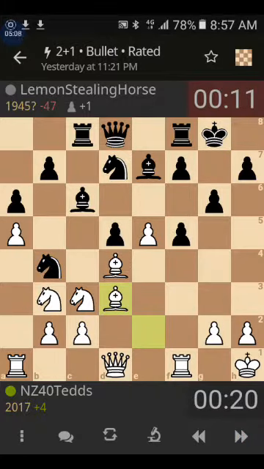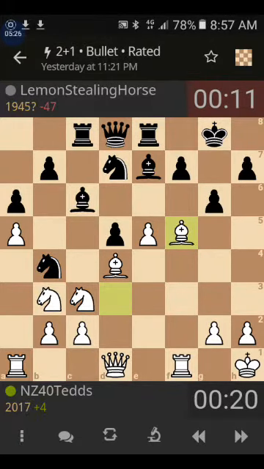Bishop d3, and black could easily take this bishop on d3. So I'm a bit more speculative again. What do I do next? I play bishop f5. This is another speculative move. I don't have any clear idea of winning here, but this is the best chance because I had actually played